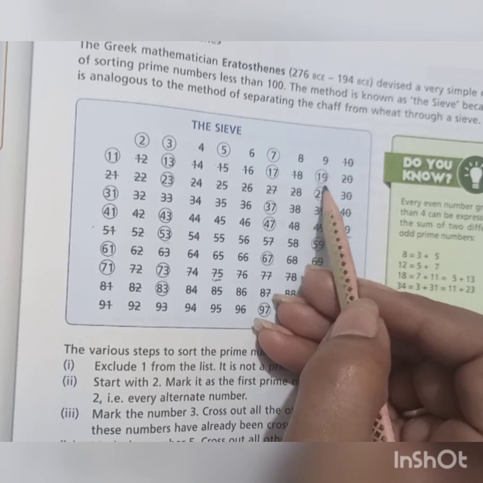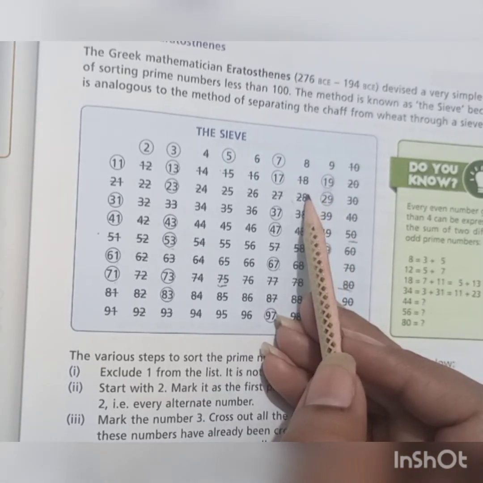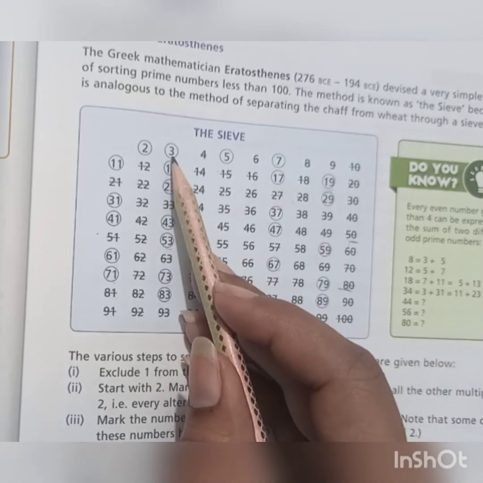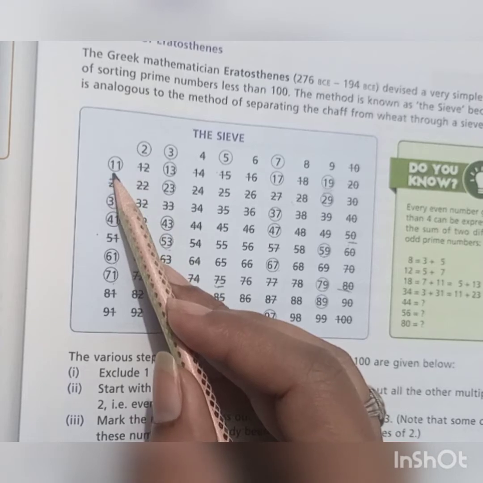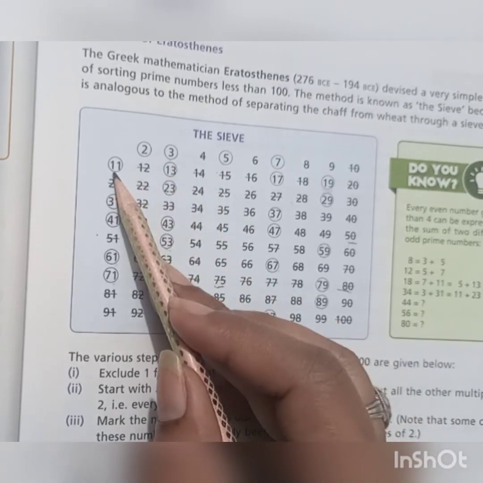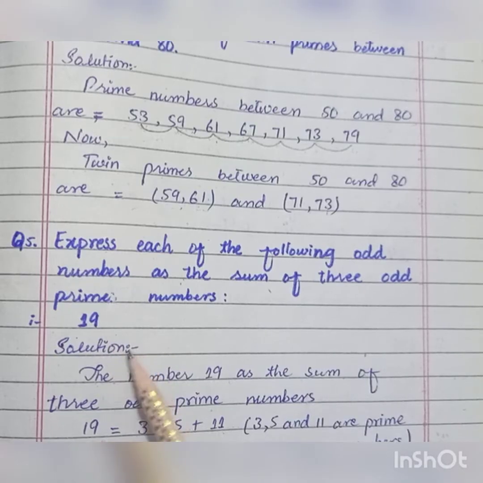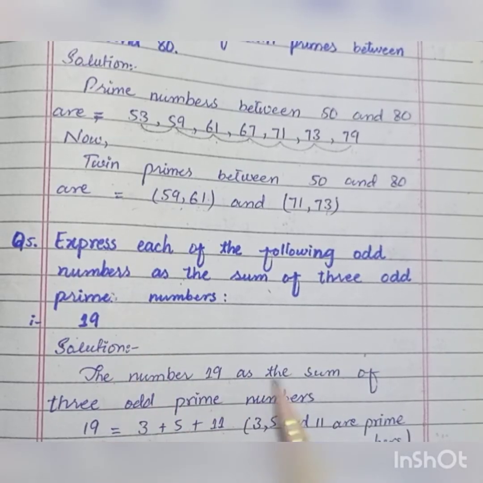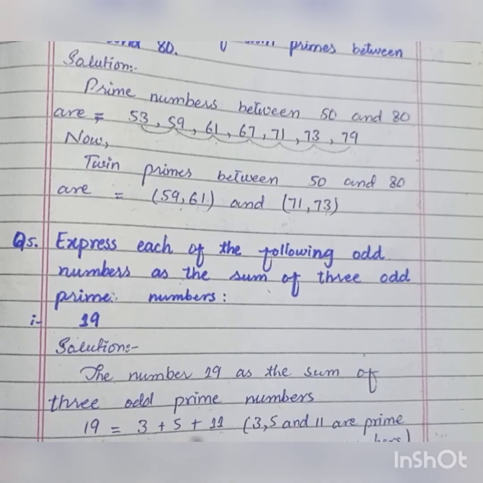Here is the number 19. Let's find the three odd prime numbers whose sum is equal to 19. The odd prime numbers whose sum is equal to 19 are 3, 5 and 11. When we sum up these odd prime numbers, the result is 19. Hence the solution of this part is the number 19 as the sum of three odd prime numbers is equal to 3 plus 5 plus 11, as their sum is equal to 19, and 3, 5 and 11 are prime